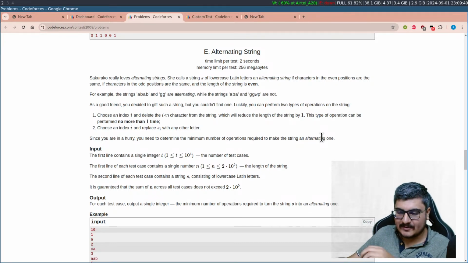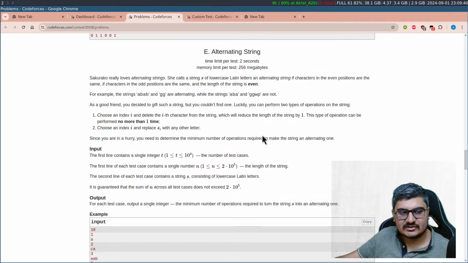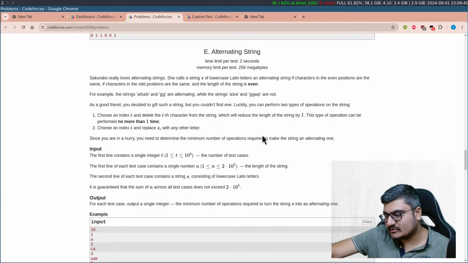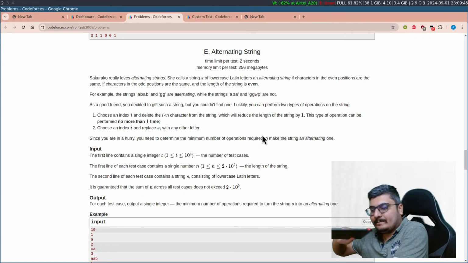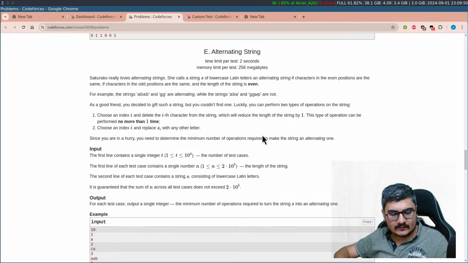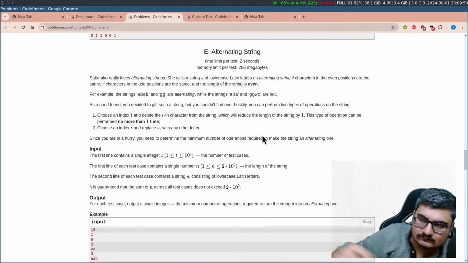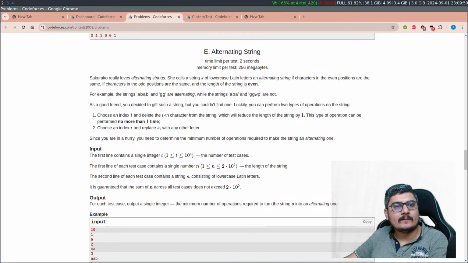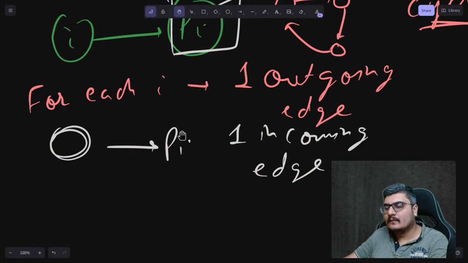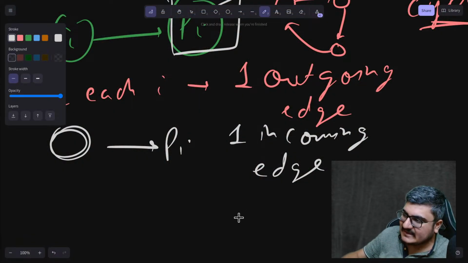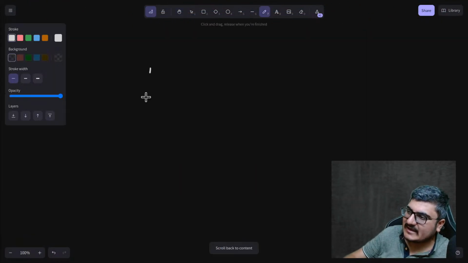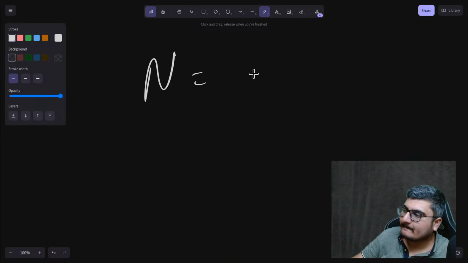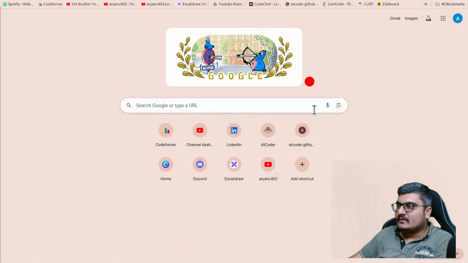So this is the problem statement. Any questions on the problem statement before we jump on to the solution? Let's first solve for a simple case when n is even. Now for the even case,